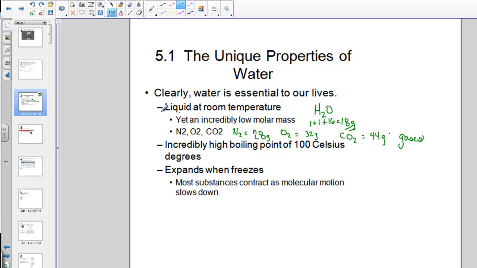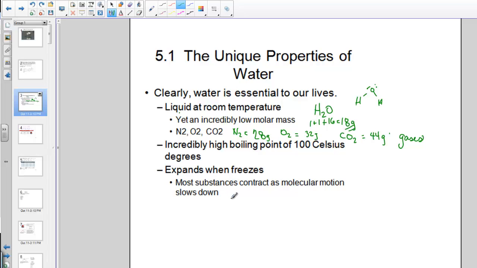So what might that mean? Well, the water molecule itself, as we'll investigate, has very unique properties based on the strong intermolecular attraction that comes from its geometry. It takes an incredible amount of energy to get water to boil, 100 degrees Celsius. And water is also unusual in that it is the only liquid that actually expands when it